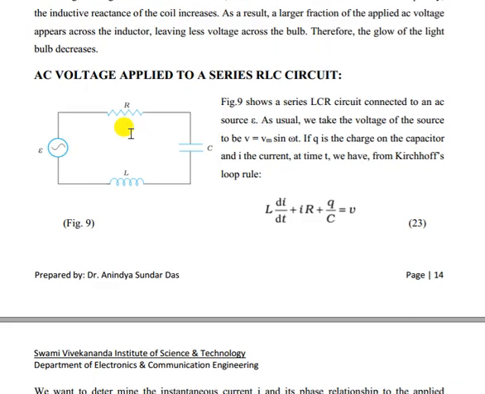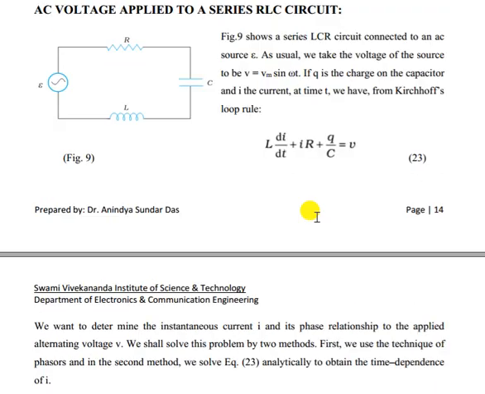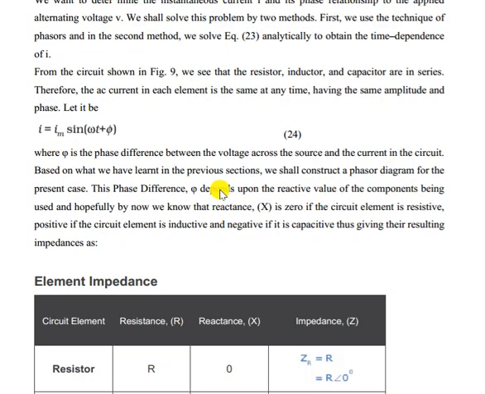Okay. Now suppose we have an RLC circuit. In an RLC circuit, we apply a voltage source. With R, L and C connected in series, what will happen? Now according to KVL, what can we write? V equals the voltage drop across R, that is IR, then across L, L di/dt, and across C, V equals Q by C, as Q equals CV. Then the current will be of the form I equals Im sin(omega t plus or minus phi). In that form it will come.